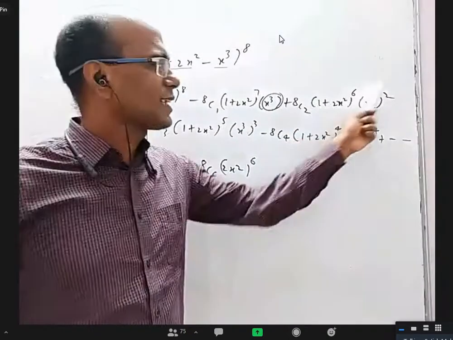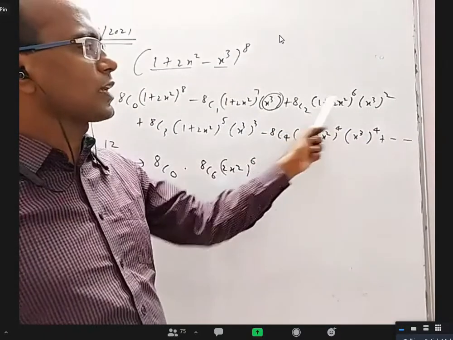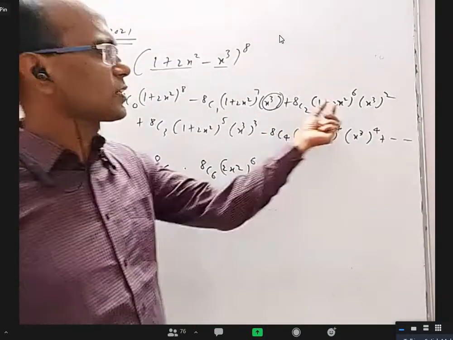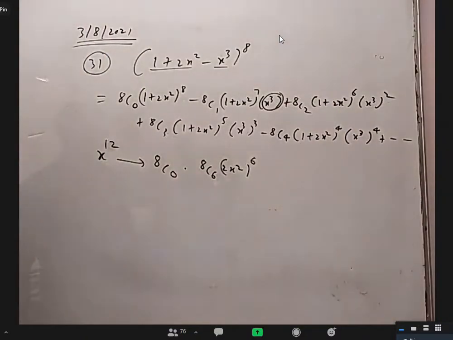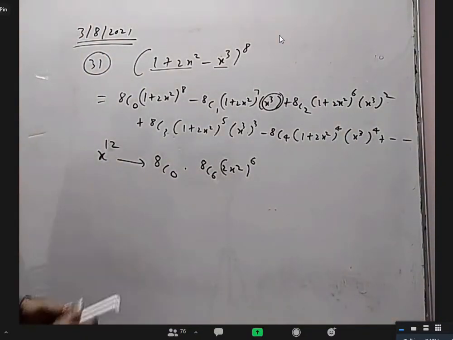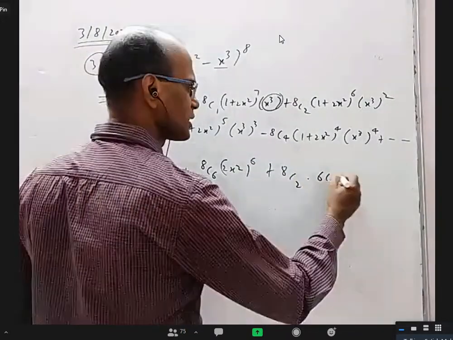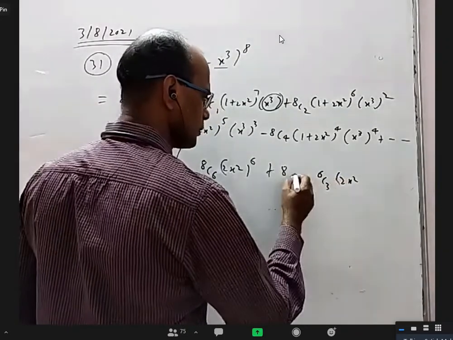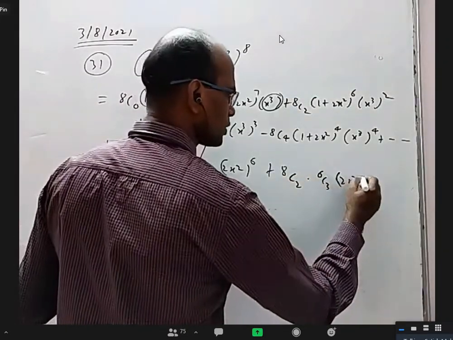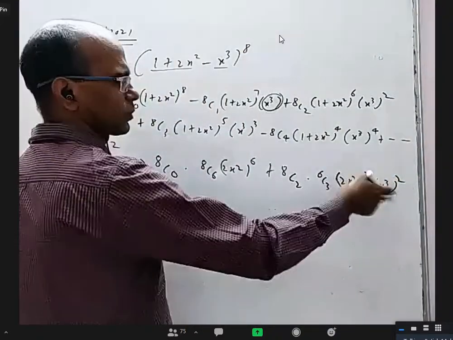Again, coming to this, it is x power 6. So in this also, one x power 6 you have to take and multiply. But if you want x power 6, what should be the power of this particular term I should take? 6c3, right? Yes, so it will be 8c2, 6c3, (2x square) whole cube into (x cube) whole square. This x power 6, this x power 6, you get x power 12.